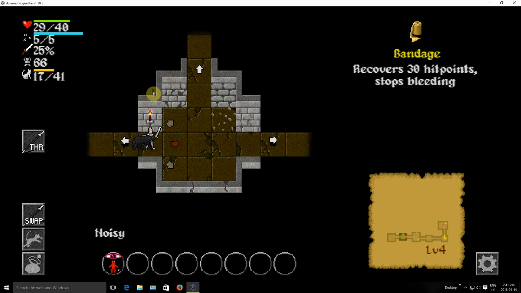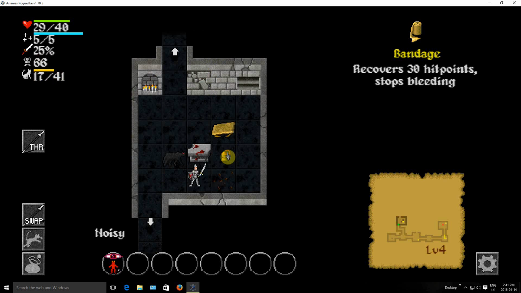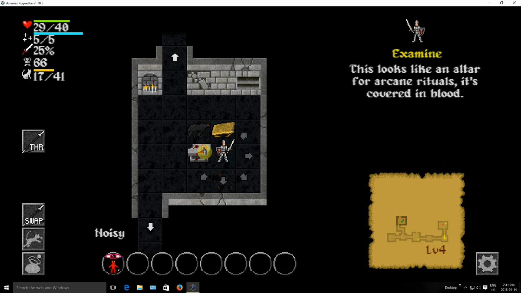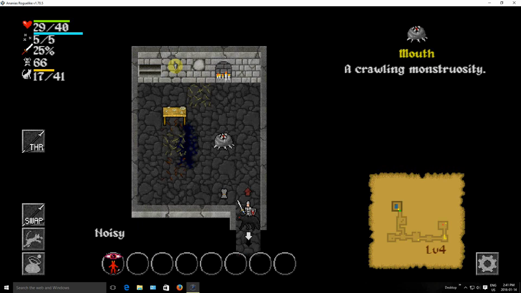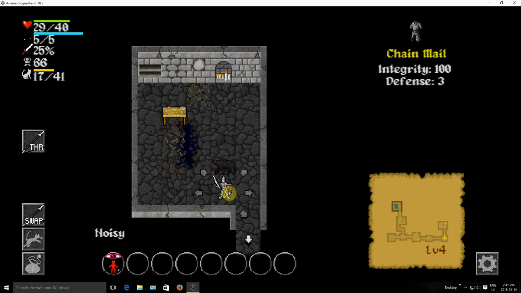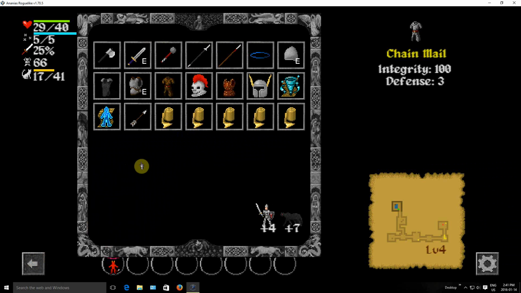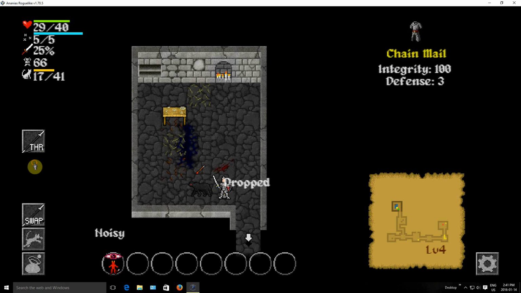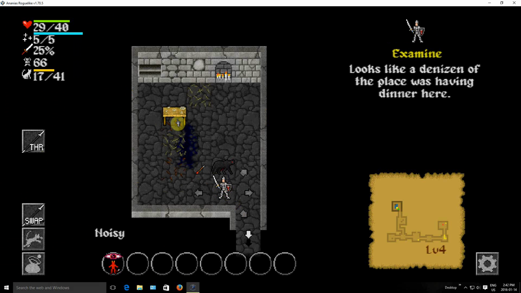Alright, if this guy gets down to 11 HP, I might heal him up. There's still a letter. A ruined table. And our altar. And there's a mouth. Some chainmail. Okay, well, I got a ditch here. I think we'll actually ditch the arrows at this point. Maybe I might use arrows at some point, but we won't worry about them for now. So this looks...